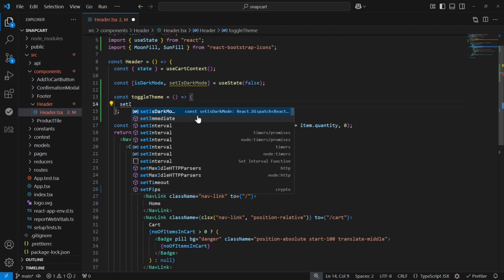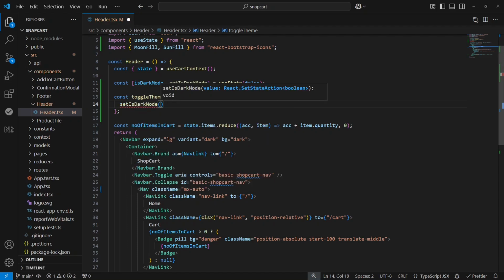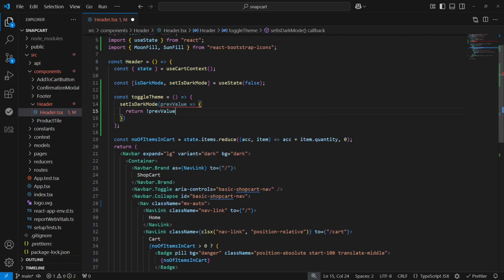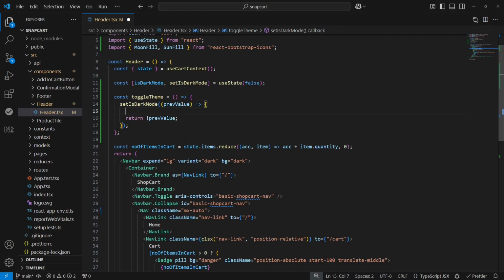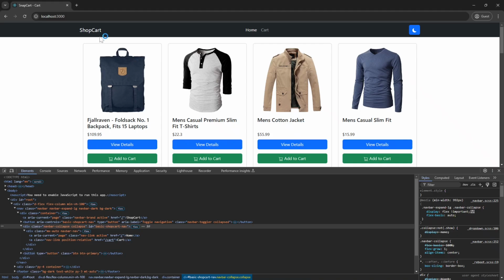So here we'll use the function implementation of set state. So we are calling the setter, previous value we have. So now at least the switch would start to work. So when we now click on this, our icons are changing. That's good. Now for the functionality, if we have a look at the bootstrap,